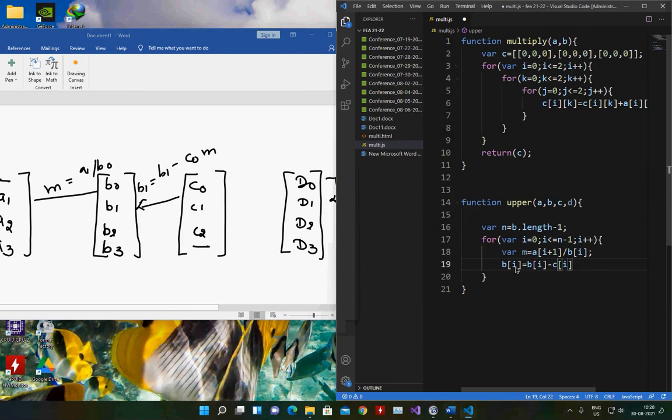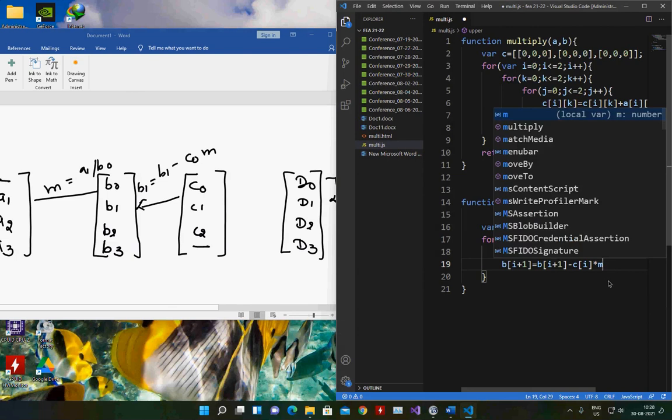Okay, so that is 1. So it is I plus 1. This is I plus 1 and this is c of I into m.